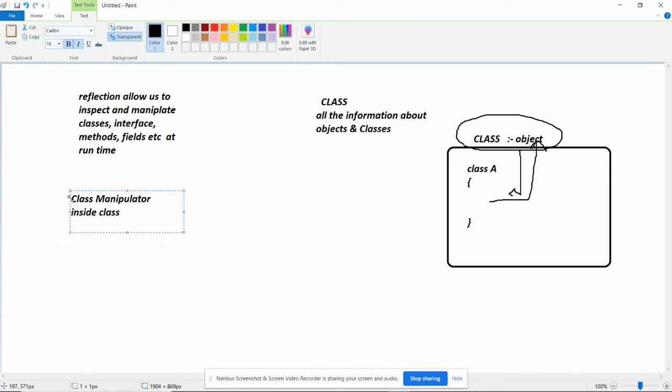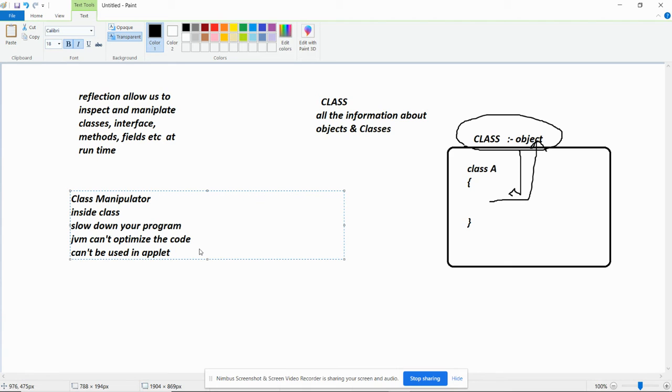Third, the main thing is that it will slow down your program. It's a drawback. In interviews they used to ask this. Why? Because the JVM does not optimize your code, the system cannot optimize it, so your code will slow down. Also, applets do not allow Java reflection due to security issues. So these are the basic things we should know: it cannot be used in applets, due to security reasons.